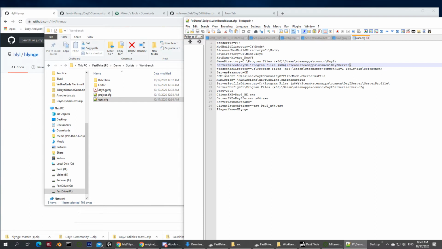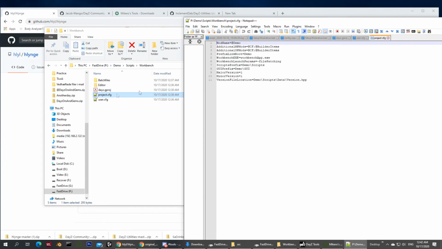I use the server password OK. A reference to the single player mission folder, to the mission files, to the multiplayer mission files, to the server profile directory, again ending with a backslash. A reference to the server config that includes a server CFG that needs to exist in this directory. I'm operating on this port with these exe files and these launch parameters. Player name voluntary, in this case my player name.